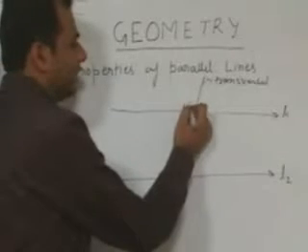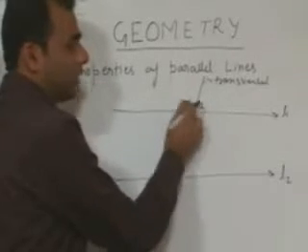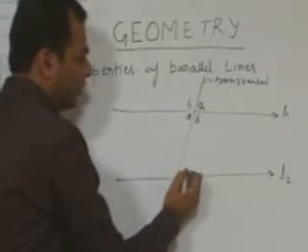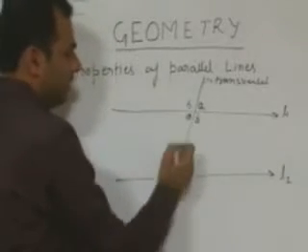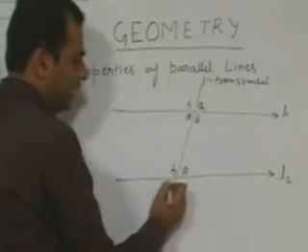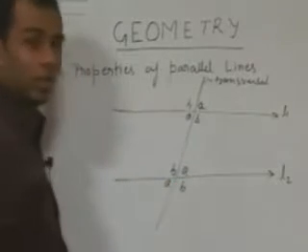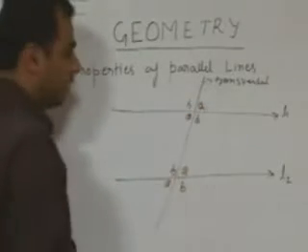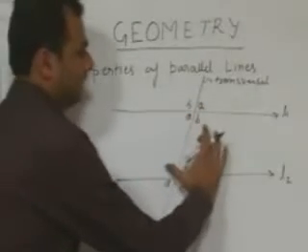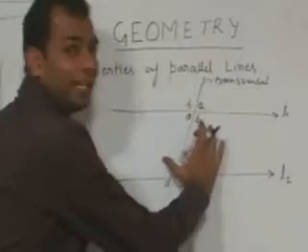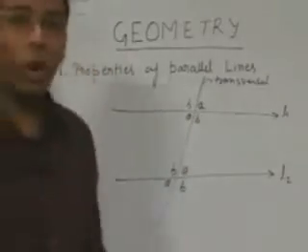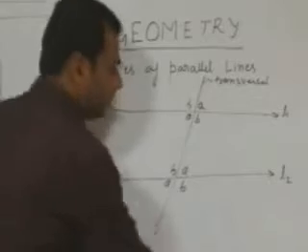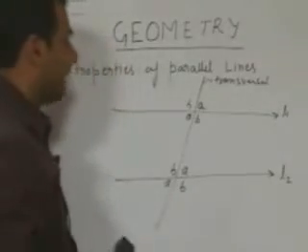Similarly, if this is angle B, then this is also angle B, and these two are also vertically opposite angles. Similarly, this angle and this angle are always equal. This is A. If this is B, then this is also B, and this is A and this is B. So these four angles are known as the interior angles. And these two angles are known as the alternate interior angles, and these two alternate interior angles are always equal. So these are the certain rules for parallel lines.